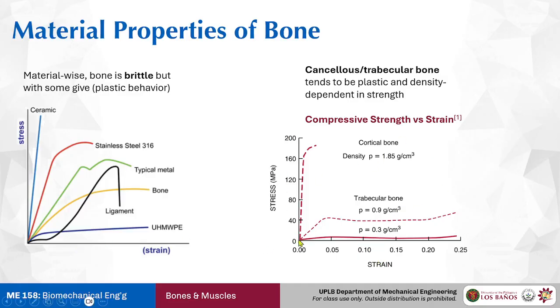So here in the second graph, we have the stress strain curve for the cortical part, the solid part of the bone, which resembles a ceramic behavior a bit more, and you do have the stress strain curve of the cancellous part of the bone itself. So, depending on the density, the cancellous bone can have more of a stress tolerance. But again, it depends on which bone it is or which part of the bone it is being examined. So yes, different parts of your bone exhibit different strengths, and this is not included in the slides.